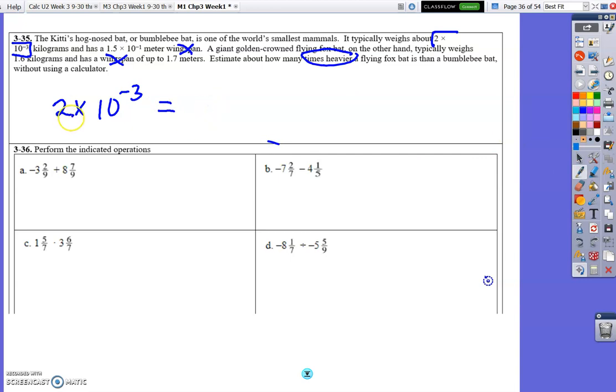We need to move the decimal 1, 2, 3 places, so 0.003 is what that is, kilograms. And then the other number is that it typically weighs 1.6 kilograms. So 1.6 kilograms, they said not to use a calculator. And how many times heavier? So in other words, this number